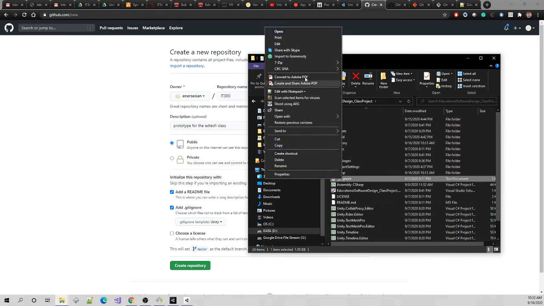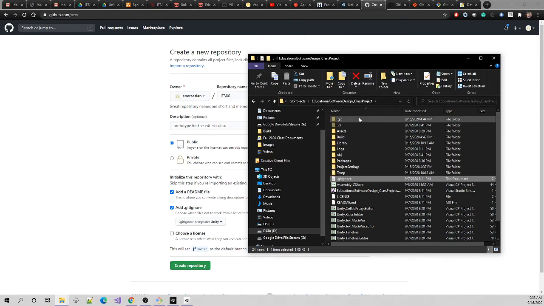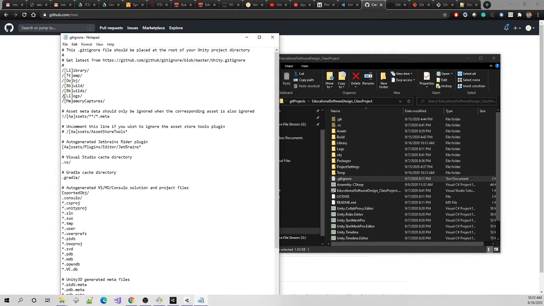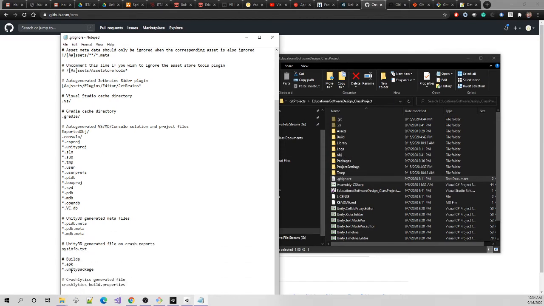If I open it, it's saying it's going to ignore the library, the temp folder. If you look over here, any OBJ, which is for 3D files, builds, logs, memory captures. And there's certain files it's going to ignore too. So this means